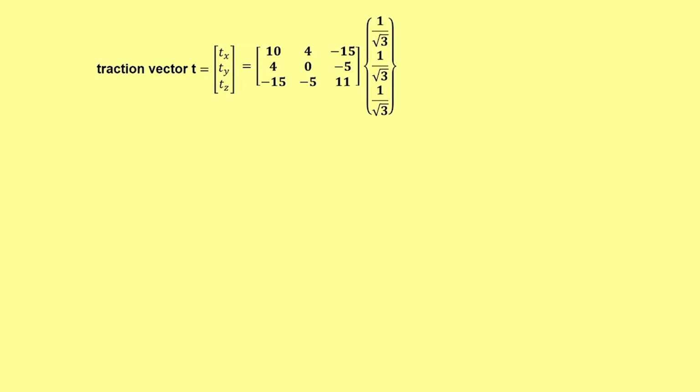Do the matrix multiplication, and one will get Tx, Ty, Tz equal to minus 1 by root 3, minus 1 by root 3, minus 9 by root 3. For example, all are 1 by root 3, so it is 10 plus 4, 14, minus 15. That is minus 1. Similarly, you get all other components. So, the traction vector is now